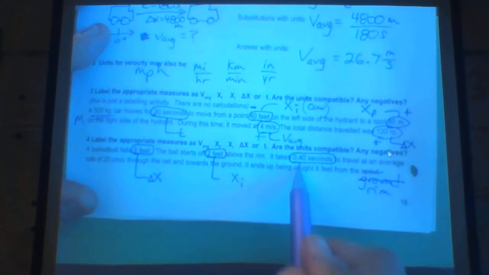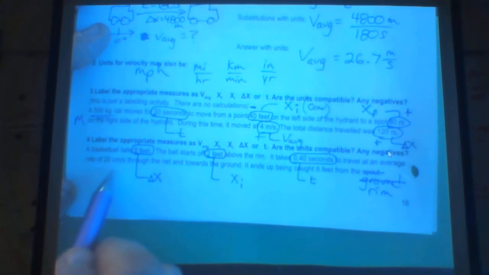Next, it takes 0.4 seconds. You should recognize that as a time unit, so that's t. It travels at an average rate of 20 centimeters per second through the net. So that's a rate of traveling, that's going to be a velocity. And we just have average velocity right now. Later on, we're going to have other kinds of velocity, and we'll go into that detail later. Okay, it ends up being caught 6 feet. That's a plain old unit of length, so that should tell us it's an x. And it ends up being caught there. The ending, the final location is going to be 6. Okay, so that is labeling all these parts,